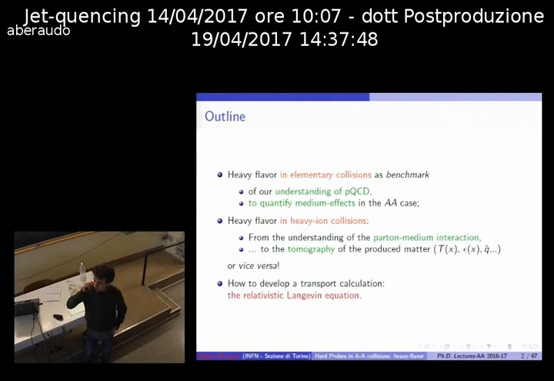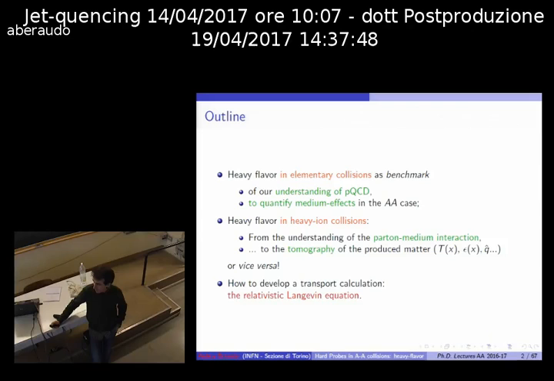I will start by reminding you of something about heavy flavor production in elementary collisions. With elementary I mean, let us say, proton-proton collisions, even if protons are not elementary objects. Then I will move to heavy ion collisions and display why heavy flavor are important as a tool to understand